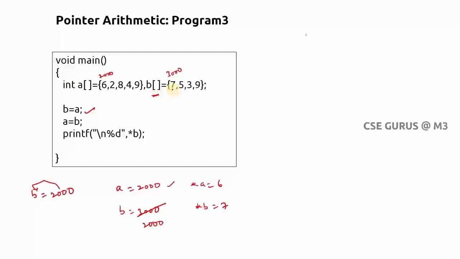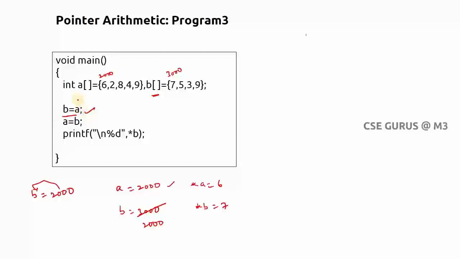By default these are particular memory locations, they are already stored, taken, and values are also stored. Now you cannot assign like this. This is a wrong statement. So you cannot assign the addresses, you cannot change. So like you can see B is, by default, 3000 which is fixed, and by taking 3000 the next values, that means the next addresses, are also fixed. You cannot write like this statement.